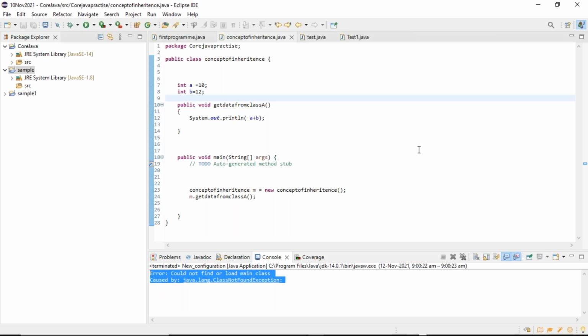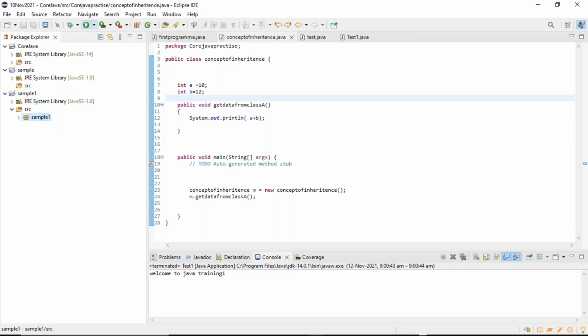Only for this we are getting the error, the remaining projects are fine. See, click on sample one and run this. You have run it earlier. Run sample one. Run this test one. Listen, sir, blindly don't execute like this, sir. When we have two classes in the sample, please open the specific class and run it.